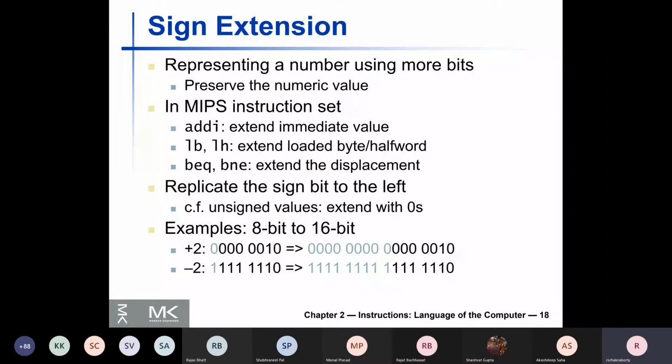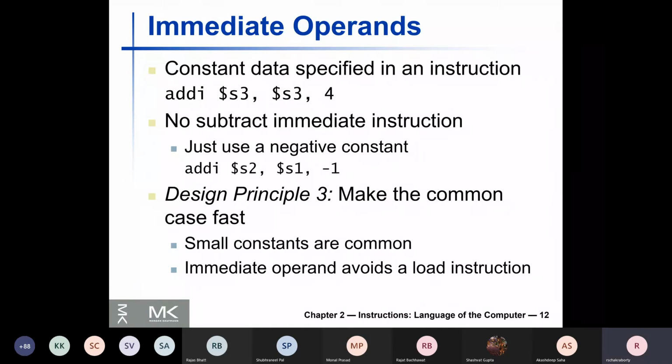The question is, what will you do with unequal size operands? For example, say you have the ADDI instruction, right? Notice the ADDI instruction. See, $S3 is a 32-bit quantity. The content of $S3 is a 32-bit number. When you are adding 4 with it, 4 in 2's complement system will take 100 with many zeros at the left. So in 16-bit 2's complement, it will be 13 zeros followed by 100.